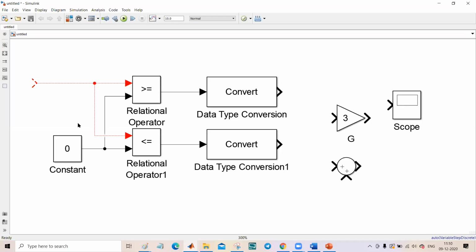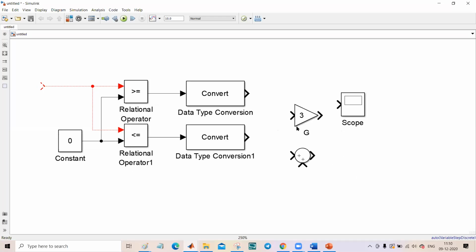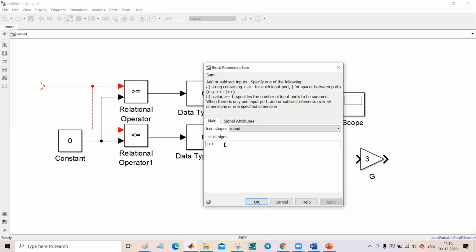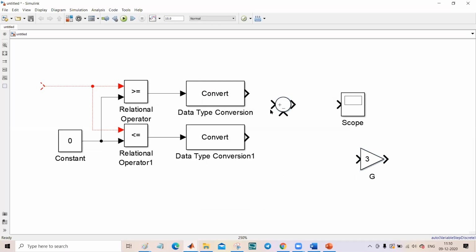Okay, so then what we are doing, you can see the sum block here we took, then you can keep positive and negative. You can see plus and minus I took. Apply. Okay. So then here I connected this one. By creating this one,